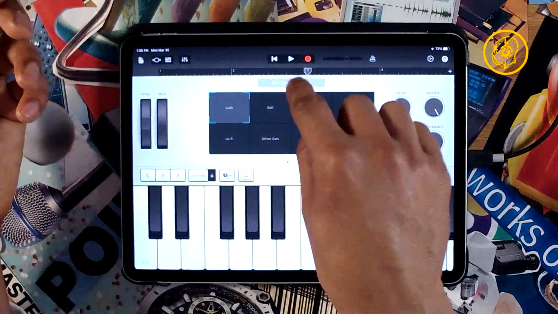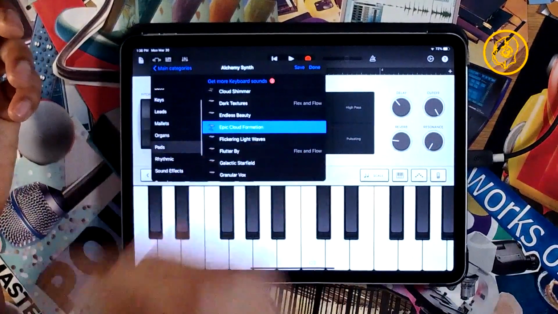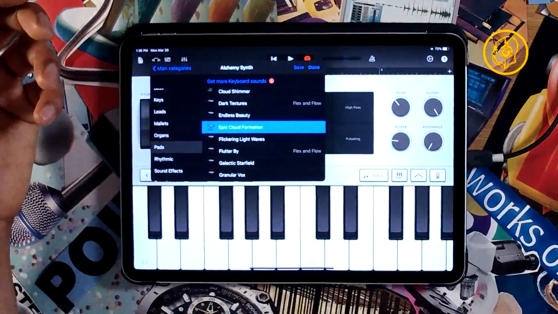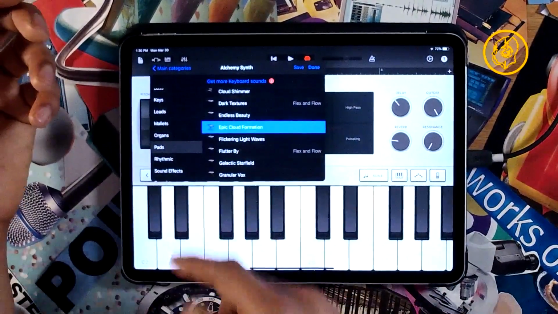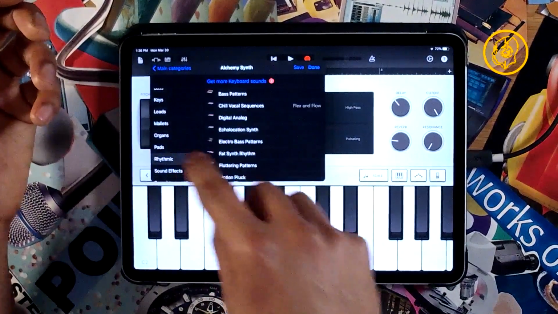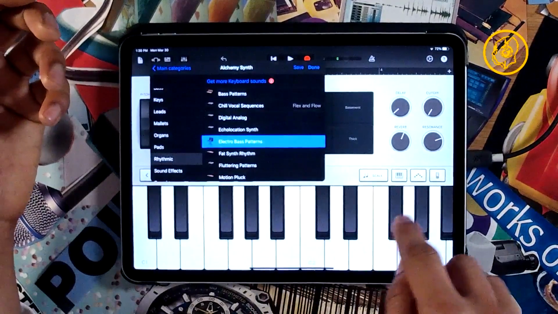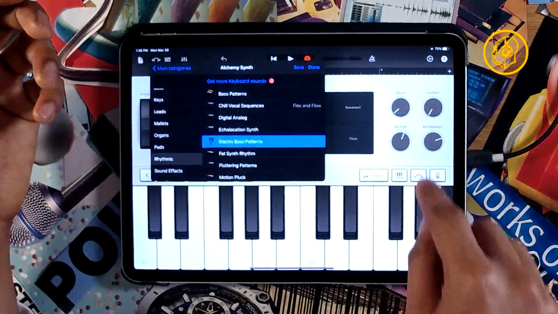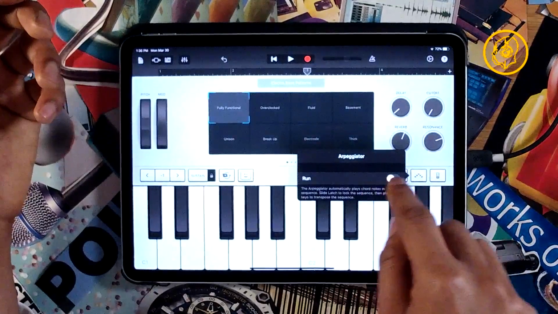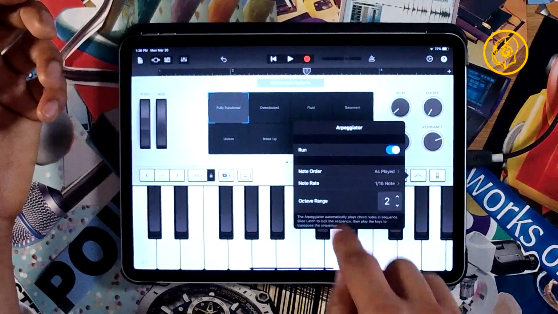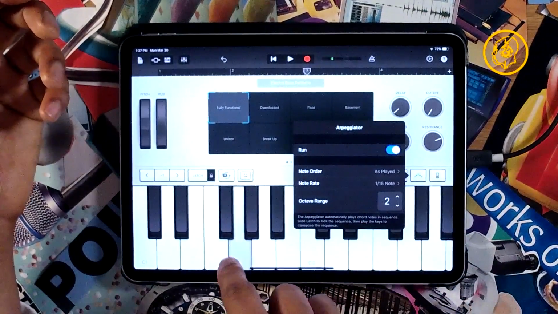So let's find what's some of these rhythmic things they got going on here. Let's see. I still desire to mess with this arpeggiator. I need to find something that works.